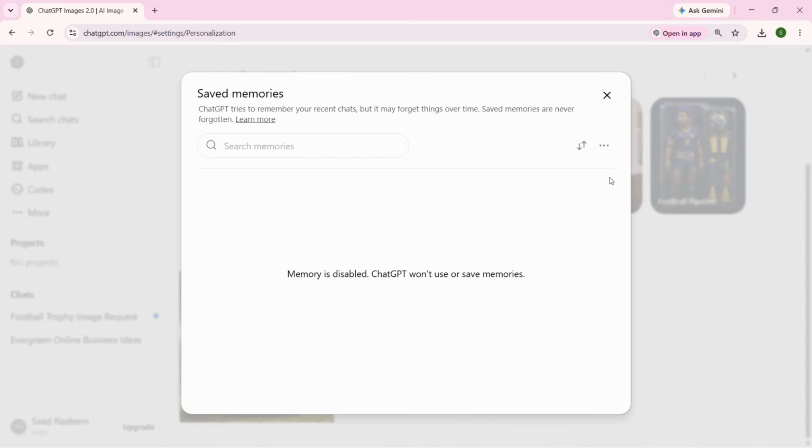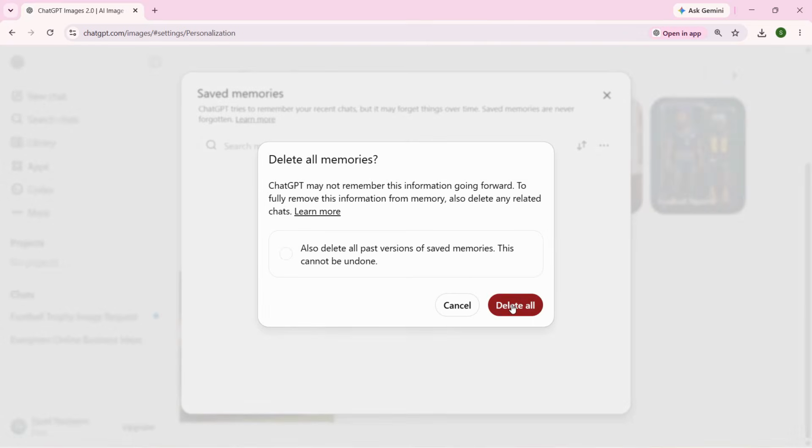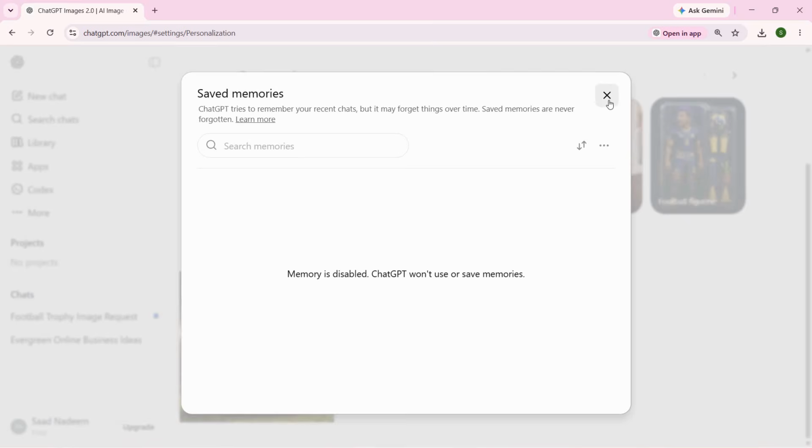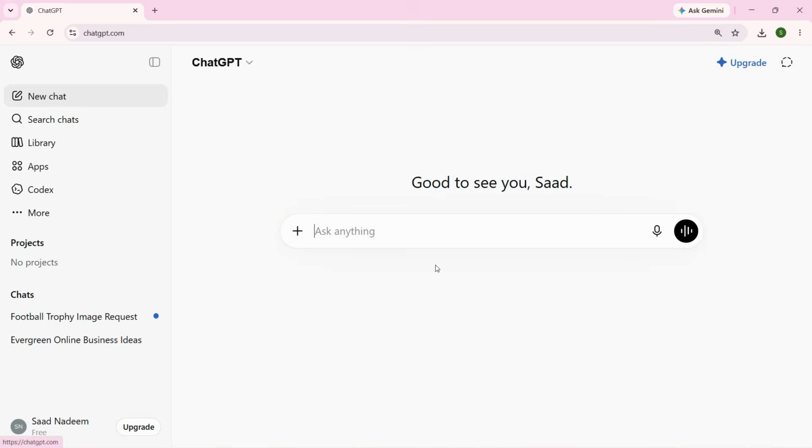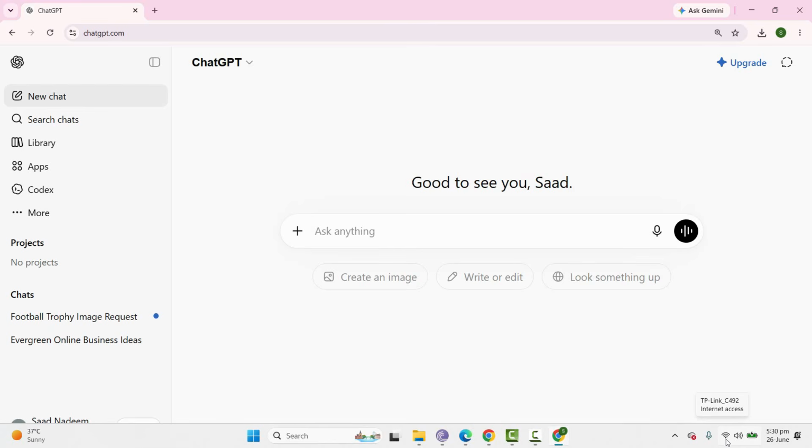You can delete them one by one by clicking on the three dots next to each one of them. But if you want to delete all the memories, to reset it, you click on delete all memories, click on delete all. Make sure to read through all of this, and this will reset the memory of ChatGPT. And try it again. Hopefully it should work, but if it is still not working, make sure to check